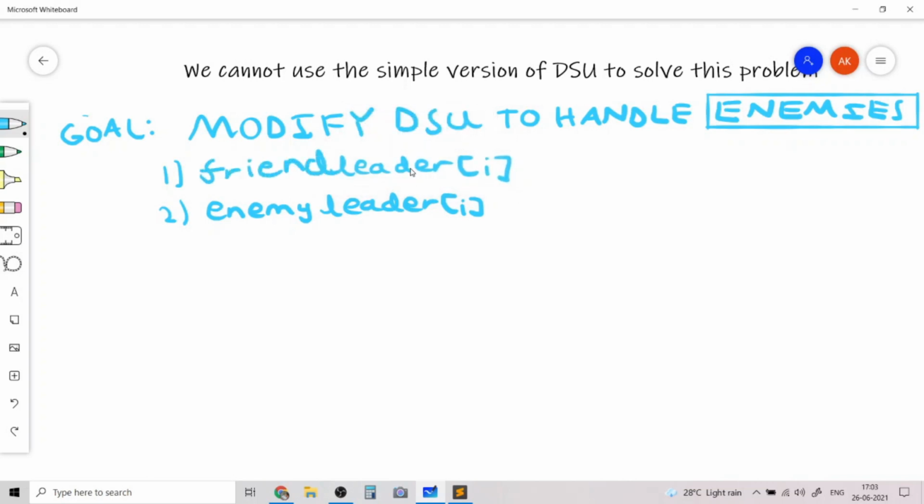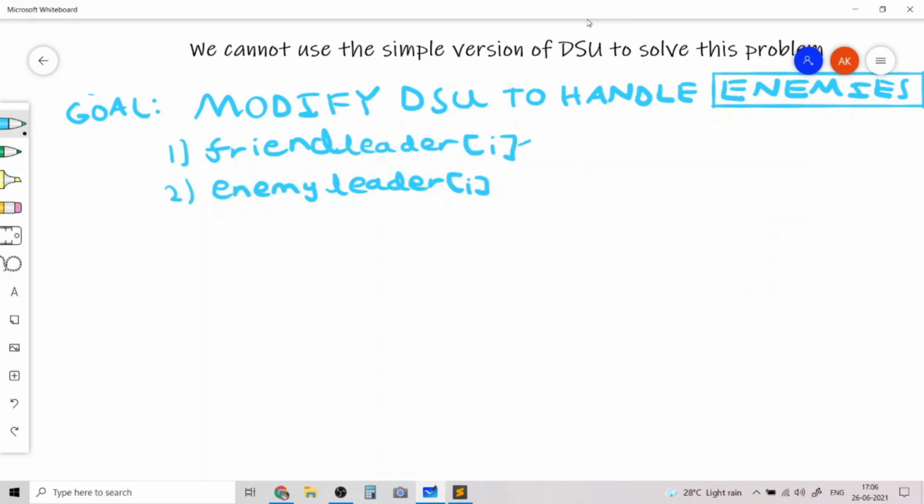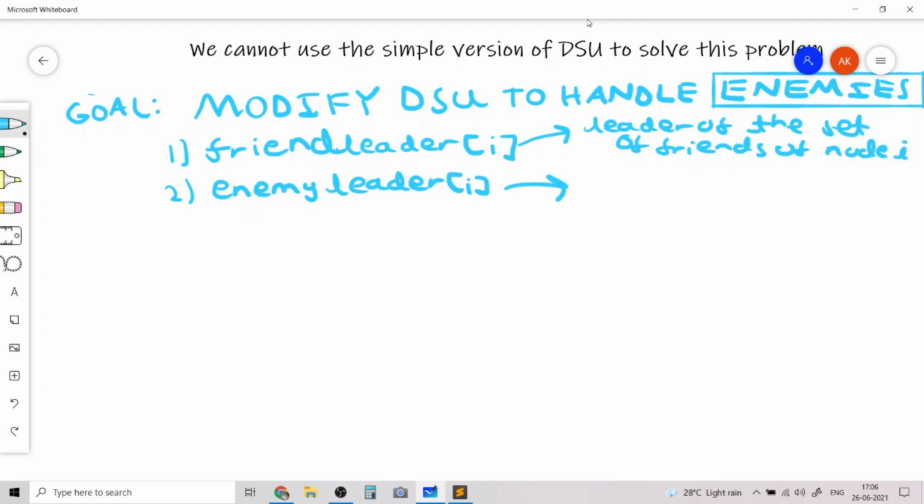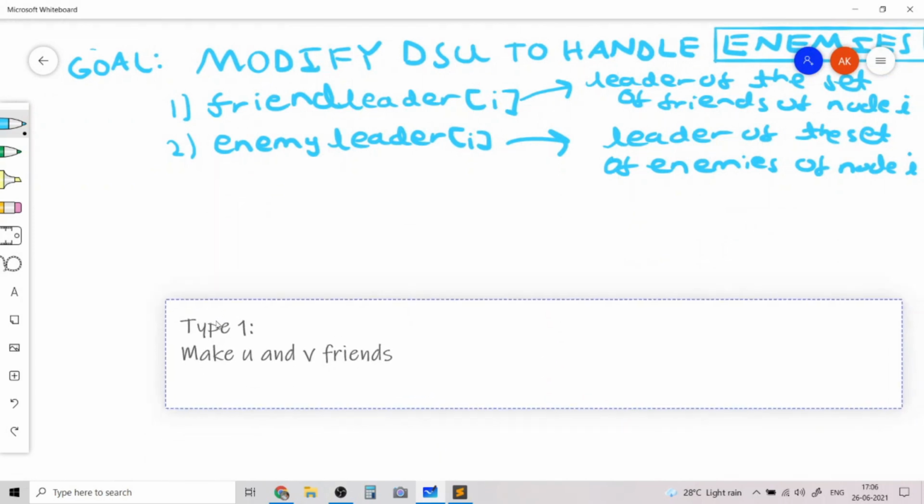of I. So what friend leader of I stores is the leader of the set of friends of node I, and similarly what enemy leader of I stores is the leader of the set of enemies of I. And now, based on this observation, or based on this extension of DSU, let's try to answer each type of